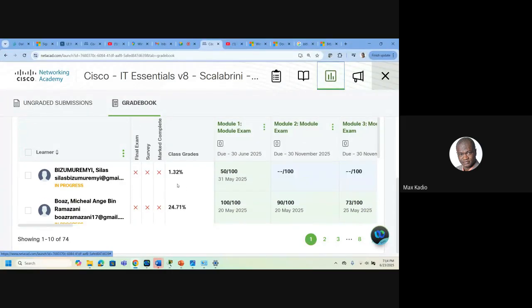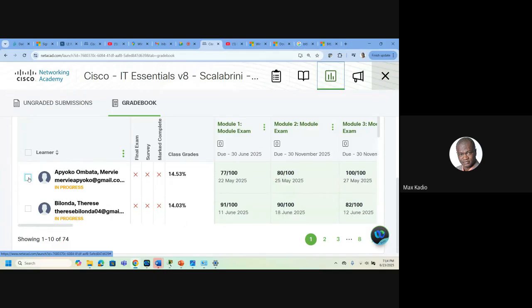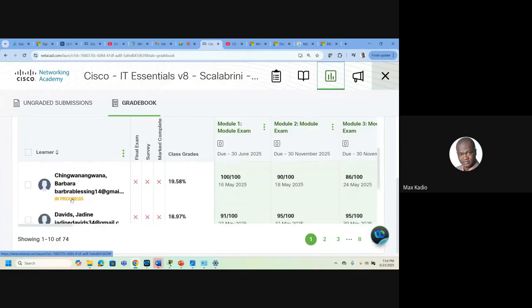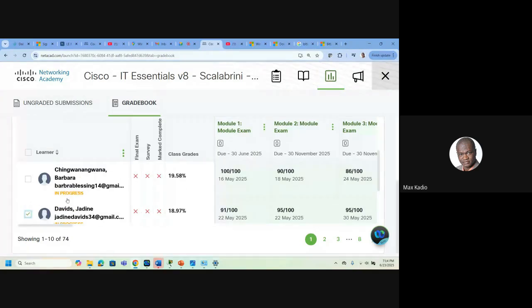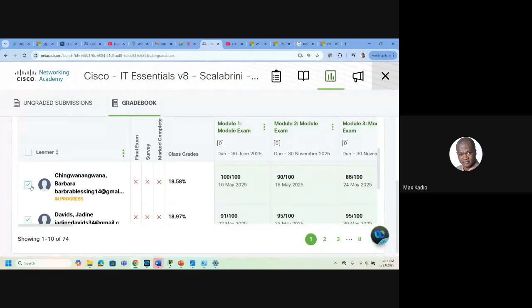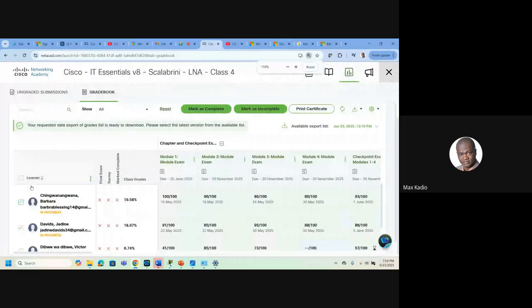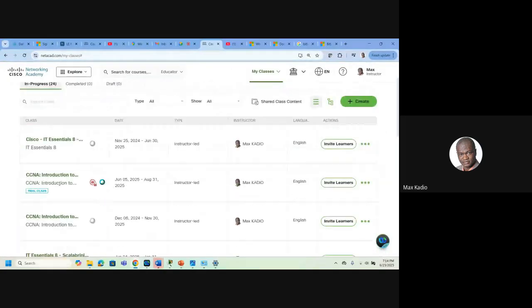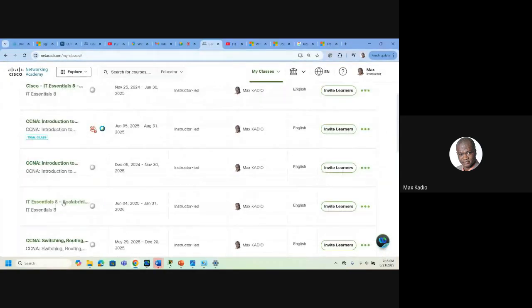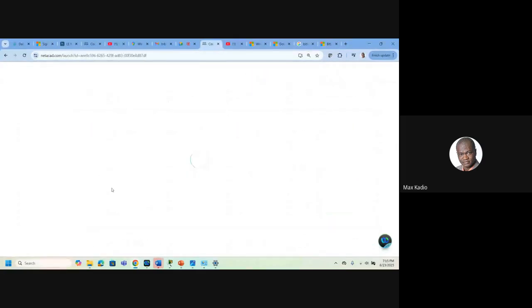When I check green, for example for Eugene and Barbara here, then I click mark as complete. Then the system will double check in the background, then issue the certificate. If I show you for other students, for other classes, for example if I click here,